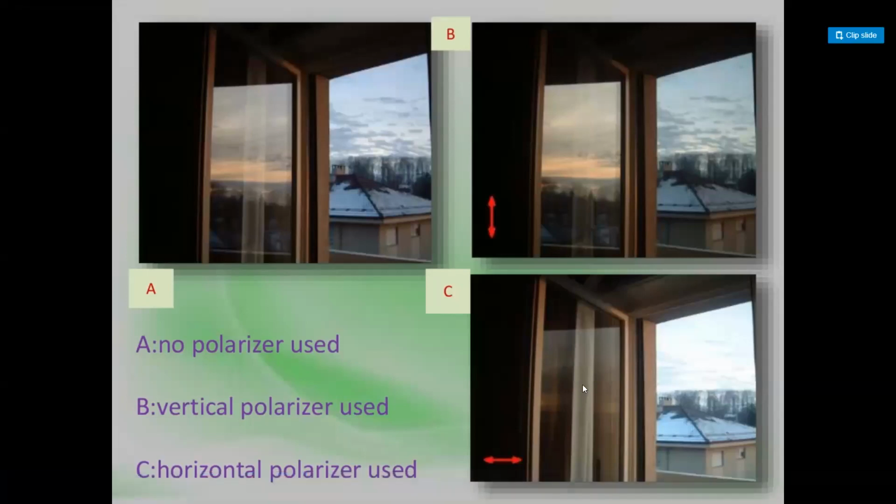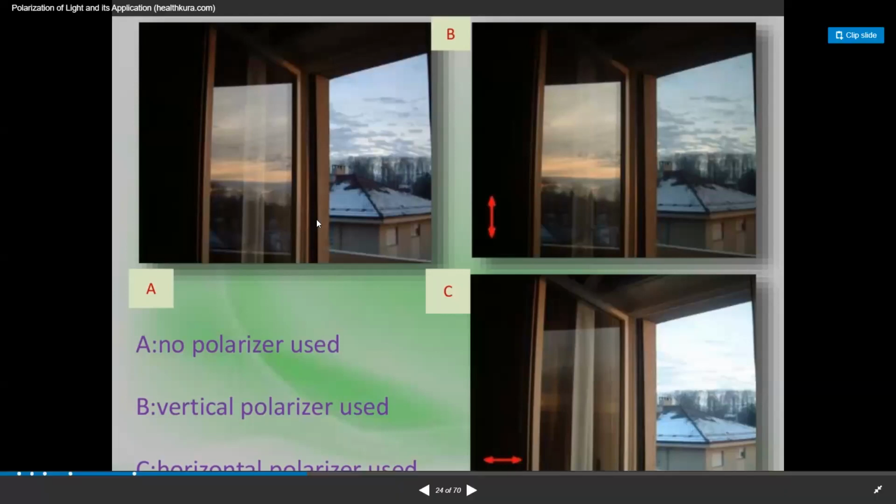That means these three pictures are photos developed by using glass plates. So in the first picture, we did not use any polarizer glass. Without any polarizer glass, the image is blurred. Whereas when we use a vertical polarizer material, it is somewhat different from without a polarizer material, but we get very good clarity by using a horizontal polarizer material. So this is one of the applications of polarizer material. Okay, and the next one.